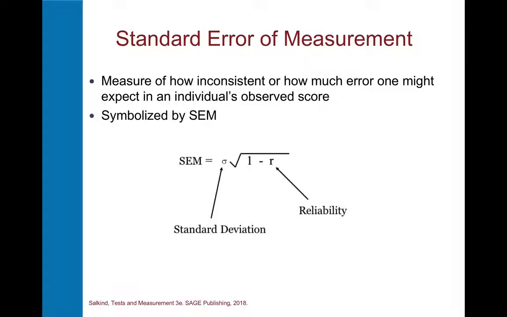And a lot of times test scores, like intelligence IQ scores or achievement scores, use this concept quite a bit, the standard error of measurement, to give users a sense of how much confidence they can have in the precision of a test score. So for example, you may remember in your basic statistics class in maybe high school, that one standard deviation covers about 68% of all scores that are distributed under a normal